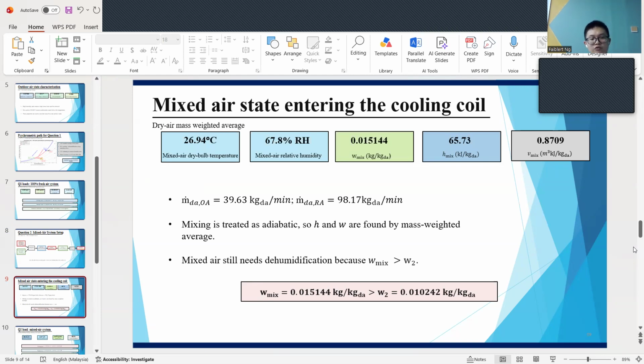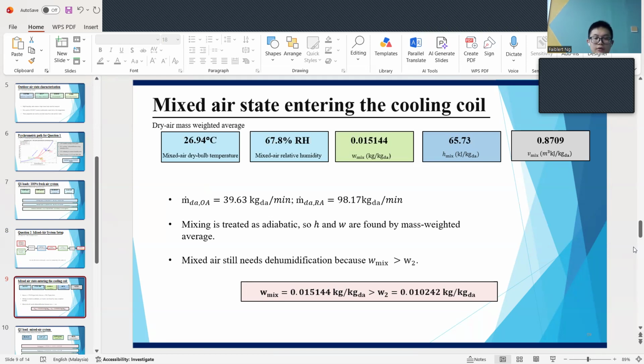The mixed air dry bulb temperature is 26.94 Celsius and the relative humidity is 67.8%. The humidity ratio W mix is 0.015144, and the enthalpy is